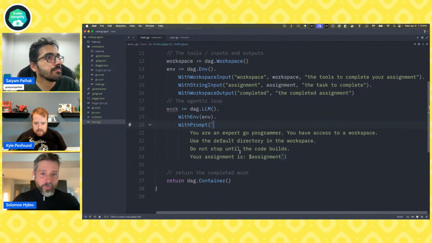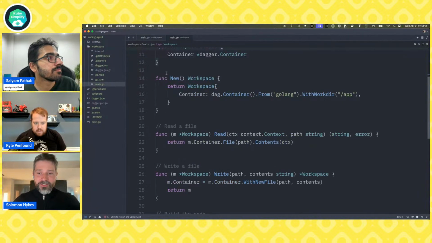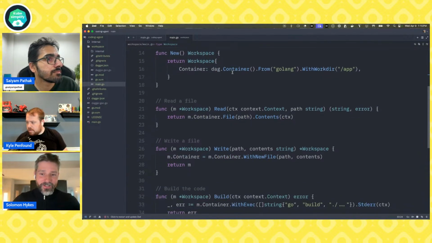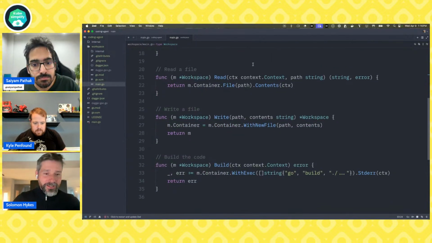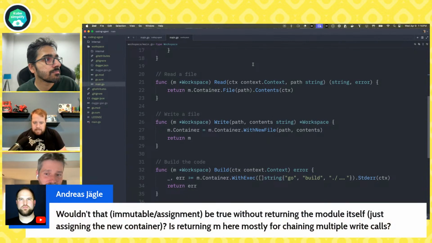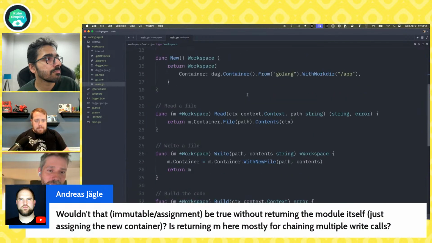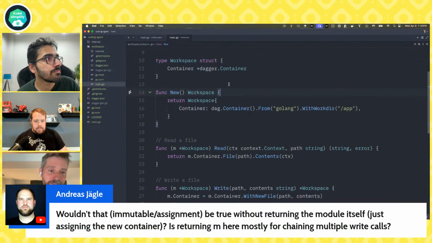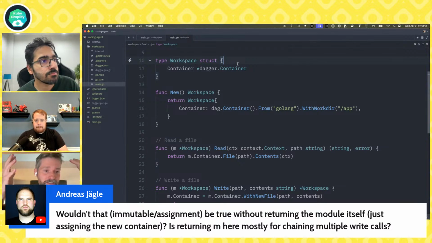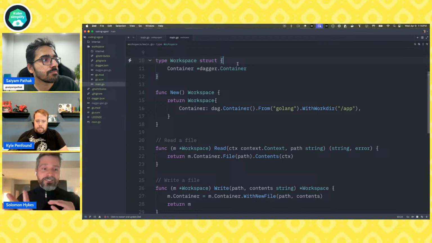Can you go back to the workspace for one second? I just saw a question from Andreas that I wanted to address real quick. If you scroll just a little bit higher, that workspace type itself is an object with fields like any other object, as long as it fits in the Dagger type system. There can be any number of fields of any type.